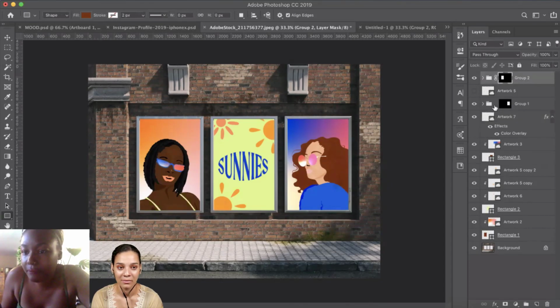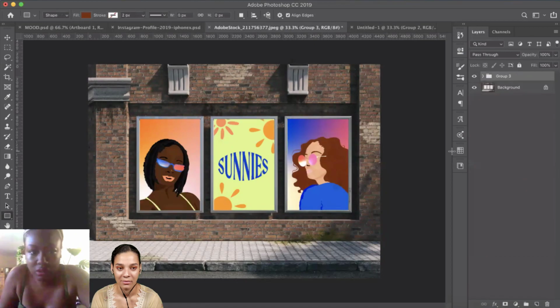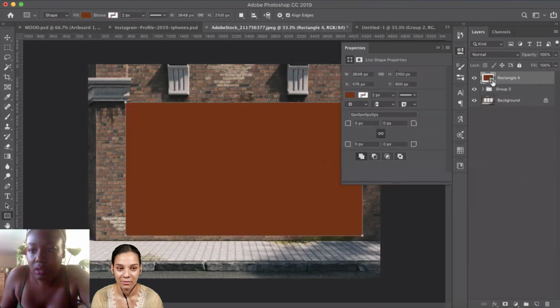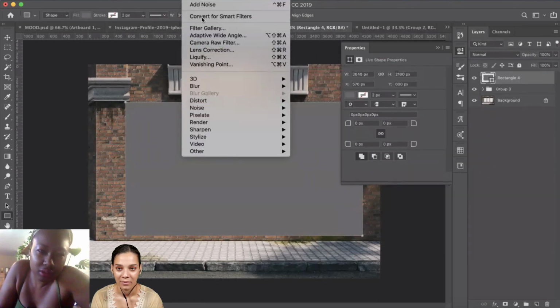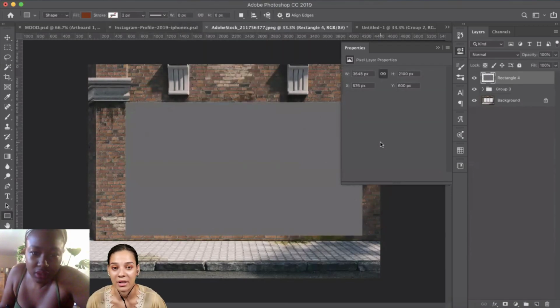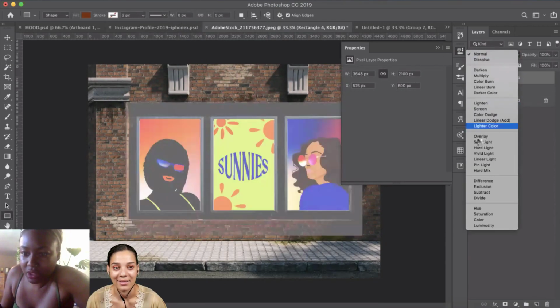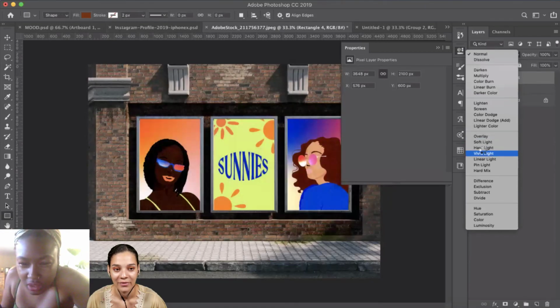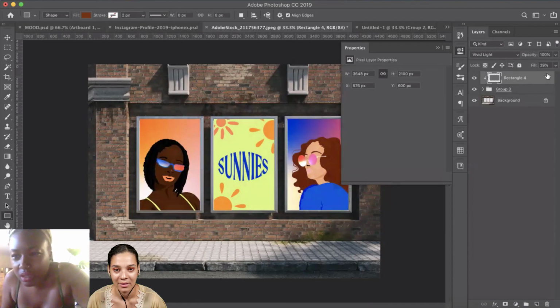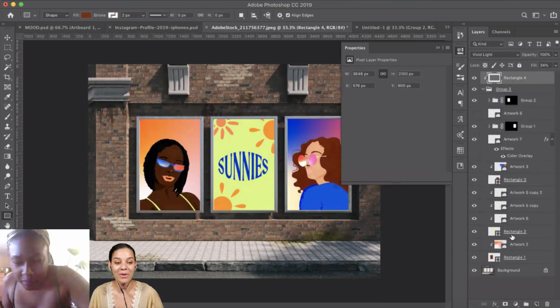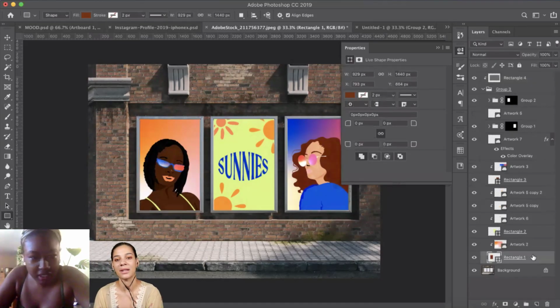All right, and then the last thing that I love to do is add on top of here. Let's do this. My favorite thing is to add a noise layer. I'm obsessed with noise layers. Filter. Oh, and you just make your own noise texture. Yes, I do. Nice. Oh, let's try this vivid light and put the fill down. Nice. Awesome. That looks so cool. That was quick too. That was really quick.